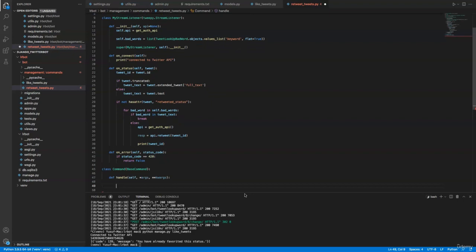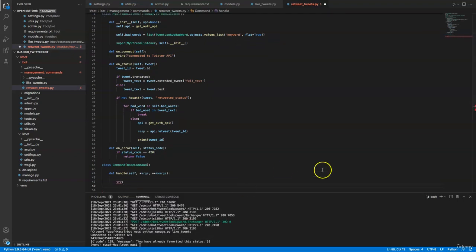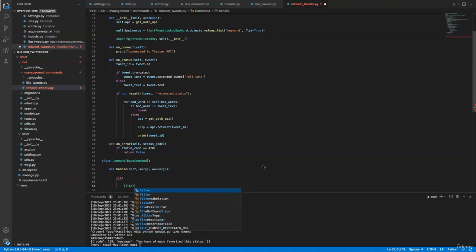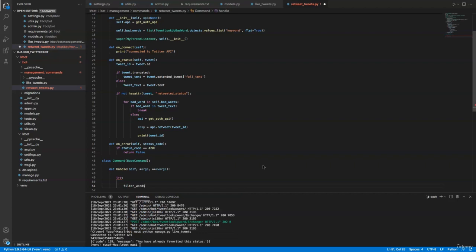And then I'm going to implement a try except block for any errors. I will add the variable filter words, and I will look up the tweet lookup word table for the good words. So tweet lookup word dot objects dot values list,